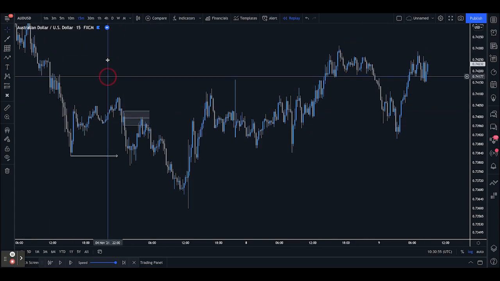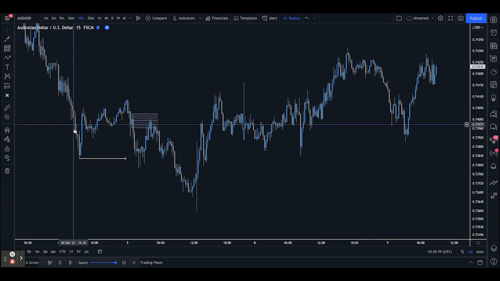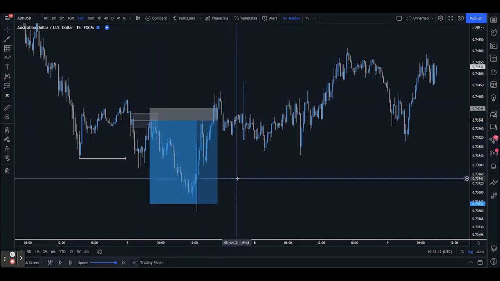If we just follow the trend structure, and I'll show you some more zones as well while we're here, what we can see is lower low, lower high, lower low, lower high. Selling opportunity came about there. We sell off, something like this. So just as an example position. And then what actually happened at this point,